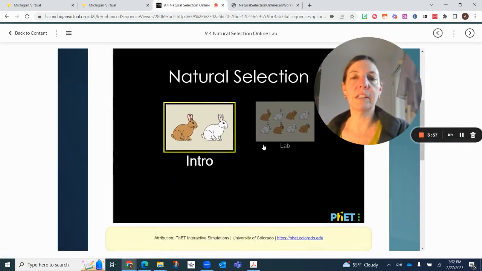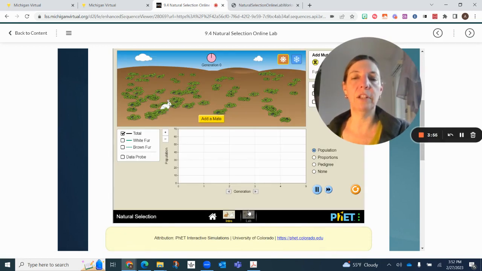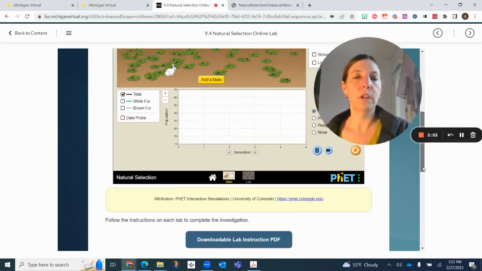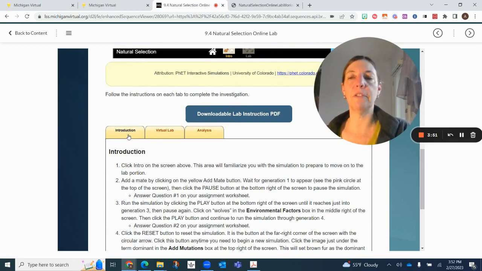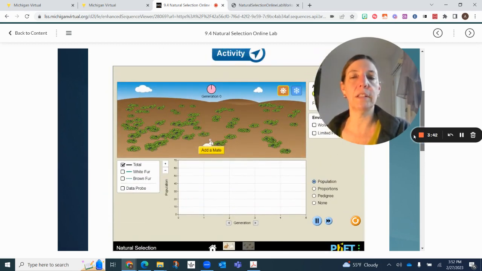We're going to select the intro, and you can see that the directions for this lab are found in this first tab. For the second video, you will be looking at the virtual lab, and the third video, the analysis. Okay, so going back to this lab, the first thing we're going to do is add a mate,